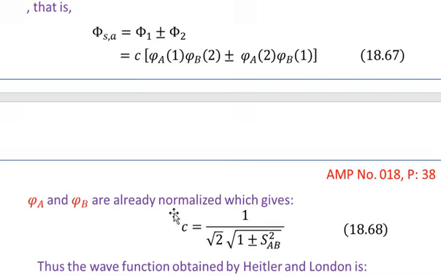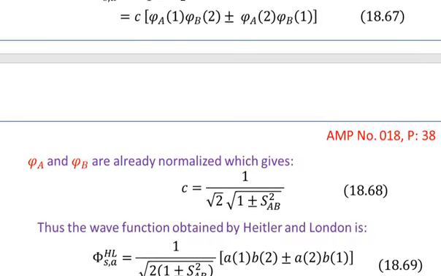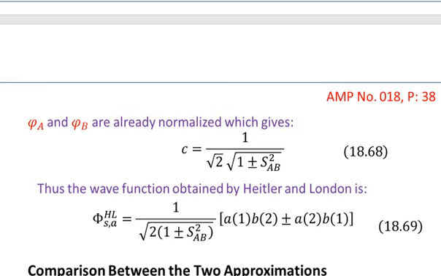So phi A and phi B are already normalized, which gives the constant C equal to 1 over square root of 2 multiplied by the square root of 1 plus minus S_B square, where you know that S_B is the overlap integral defined in the previous lecture. Thus the wave function obtained by Heitler and London is